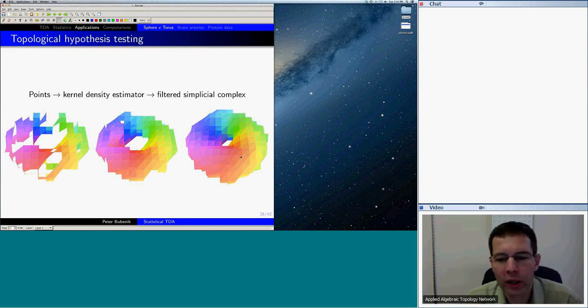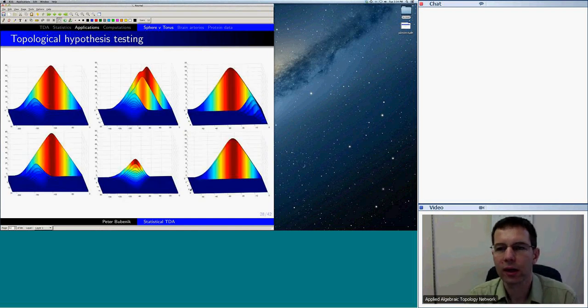So as we're moving along, we're getting more and more of a triangulation of the underlying space. And I use simplices, but I think if I had to do it again, I would use cubes. It's maybe more natural to do this with cubical complexes. All right, times for the torus and the sphere, and we calculate the expected